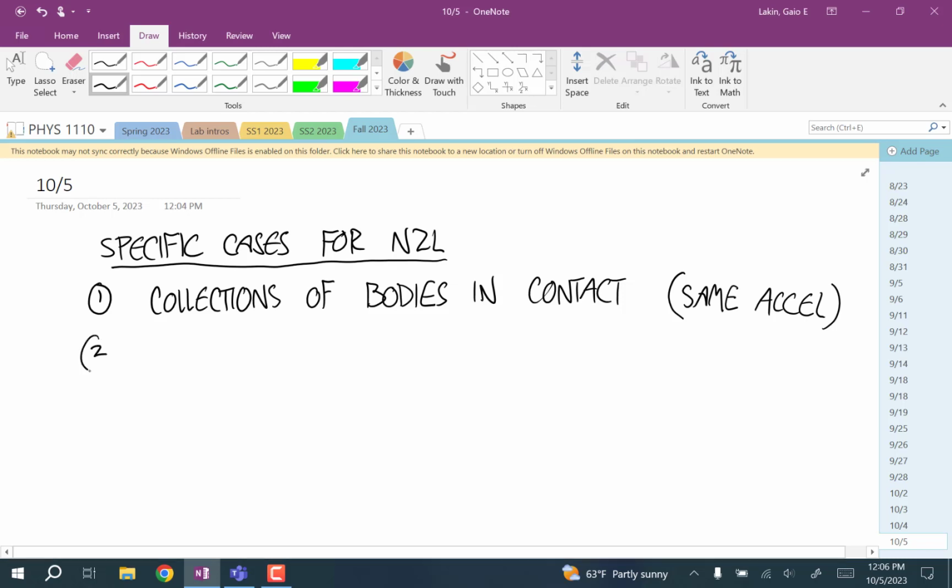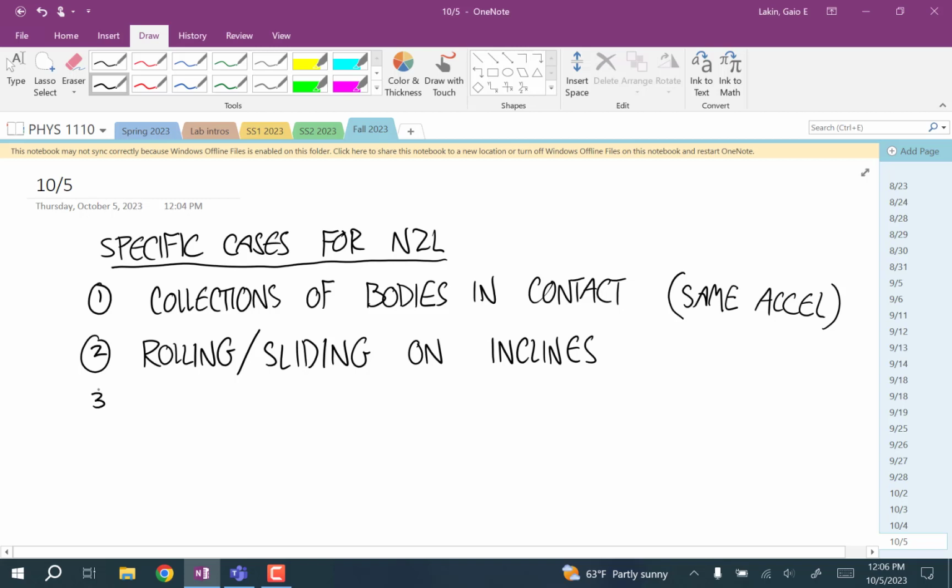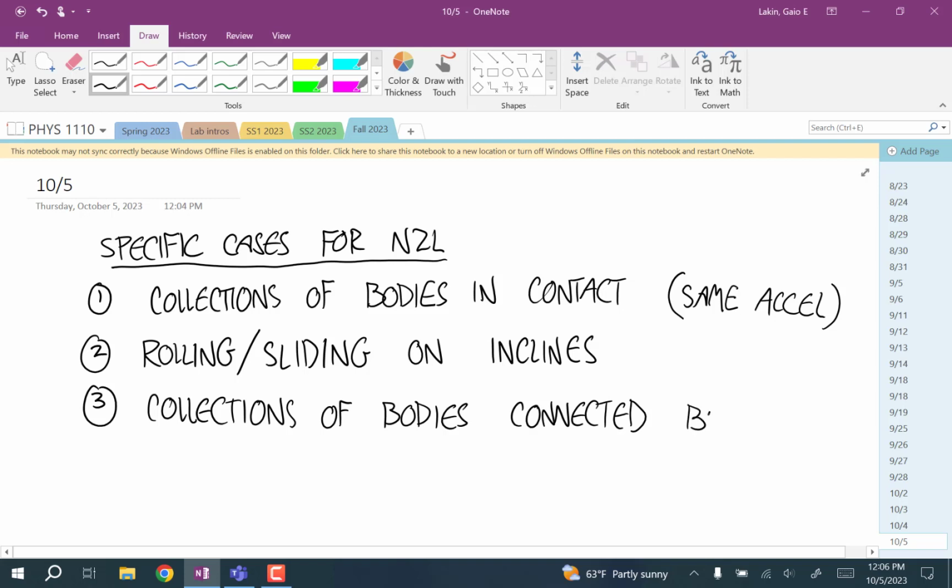The second thing we're going to talk about is rolling and sliding problems. We've already seen some like this, but we're going to do it when the surface is not horizontal and talk about how to approach that. And then the last one is collections of bodies connected by